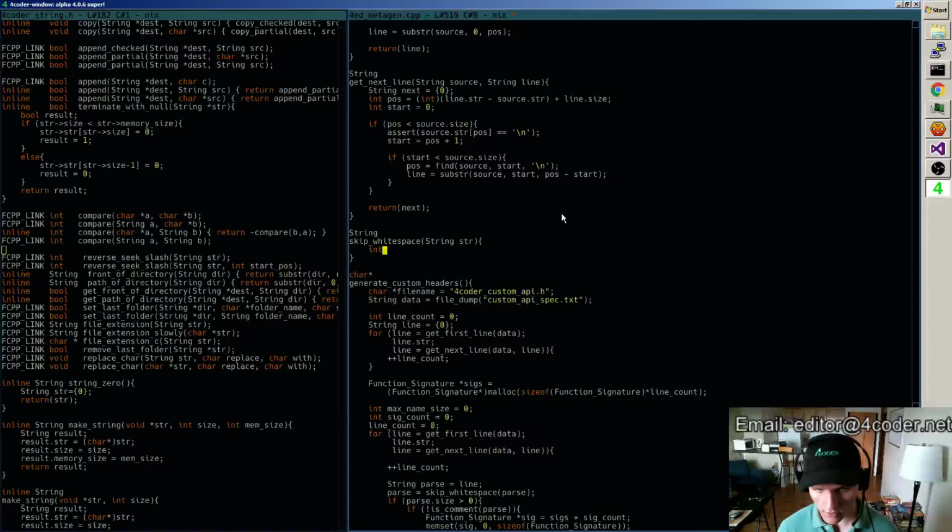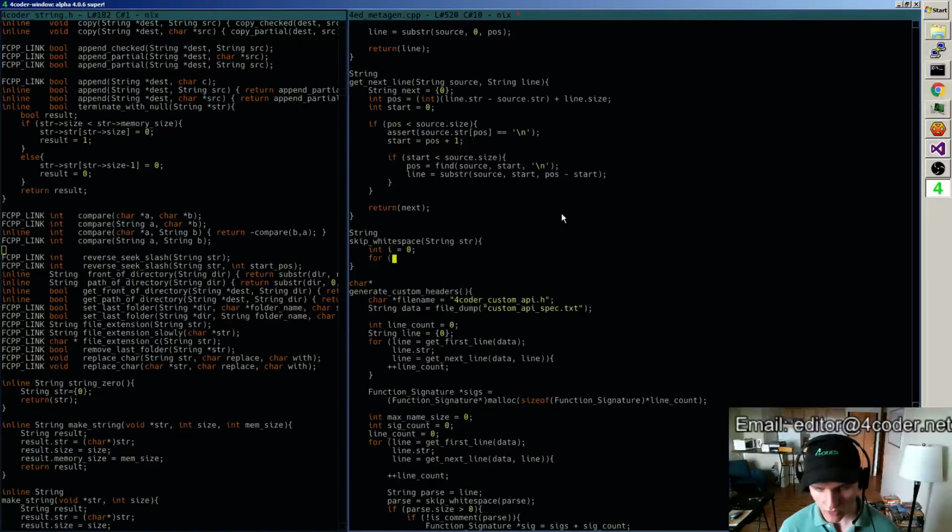I'll just do it here. How should I do this? Yeah, for I less than string size and string I and char is white space. While that char is still white space and we're still within the size, right? We check if we're in the size.